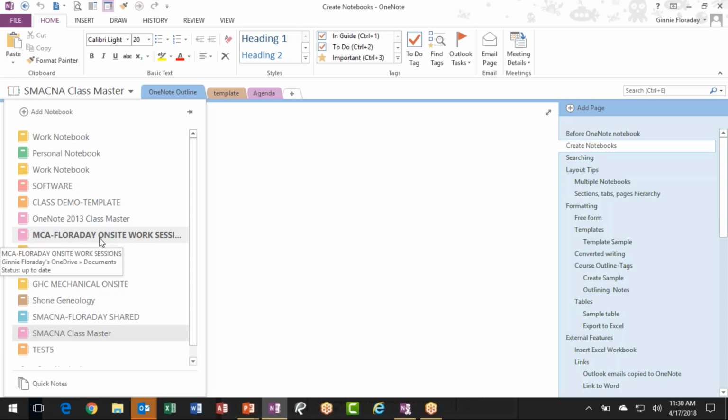And anytime I go to a meeting at MCA, before I get there, I have an agenda that everyone gets a chance to fill in so that it makes the meeting a little more on target. You can have as many notebooks as you want. We're going to be working in this one